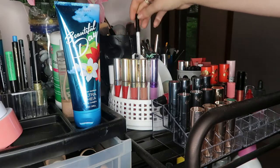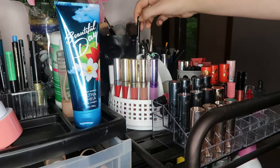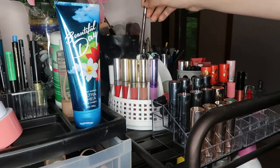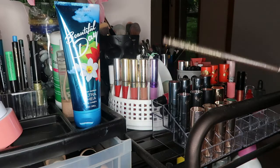We have some pencil liners, white, tiny NYX eyeliner. We have a brown pencil. I think...